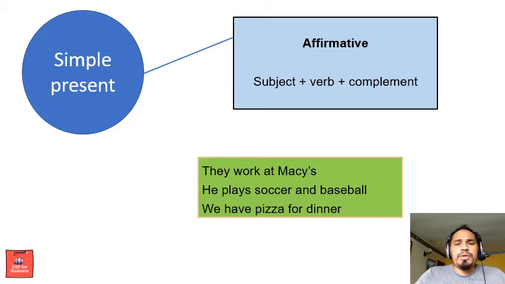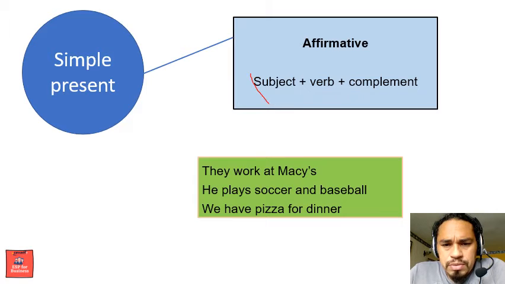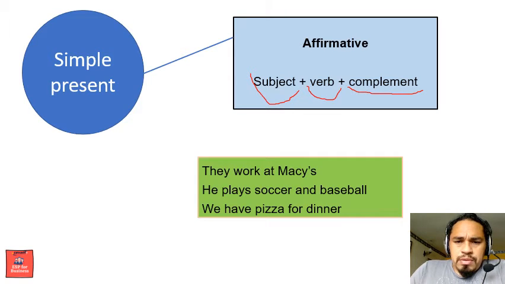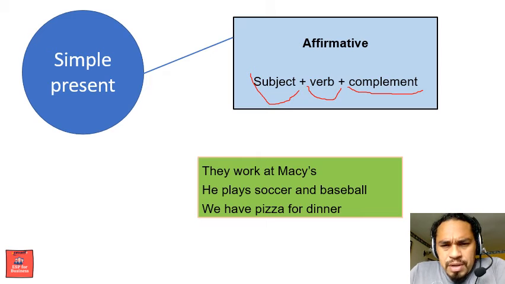Let's check the structure then. The simple present structure for the affirmative, it's this one. We have a subject, we have a verb, and we will have a complement. Digo el comentario nuevamente. En español nosotros podemos omitir el sujeto. En inglés nunca se debe omitir el sujeto. Nunca es omnisciente, nunca es obvio, nunca se debe eliminar el sujeto. So,